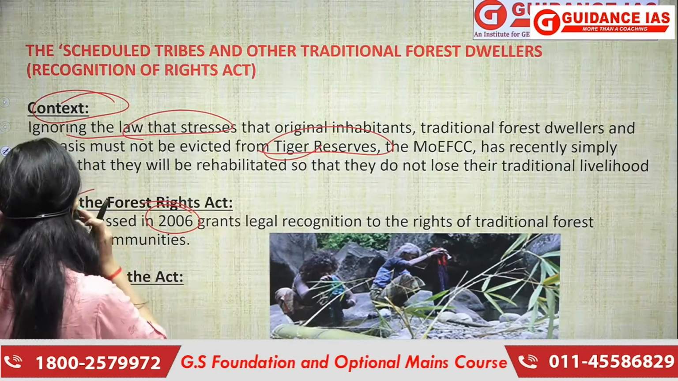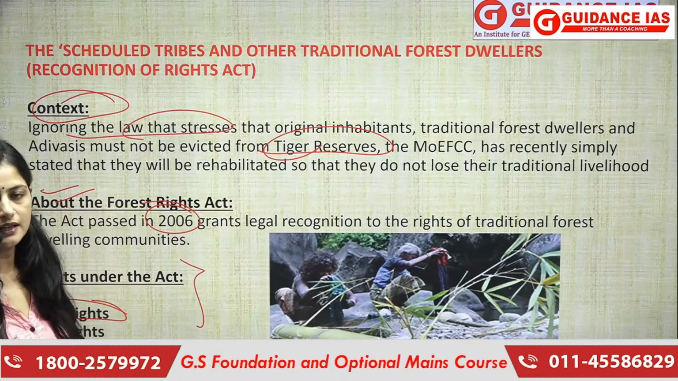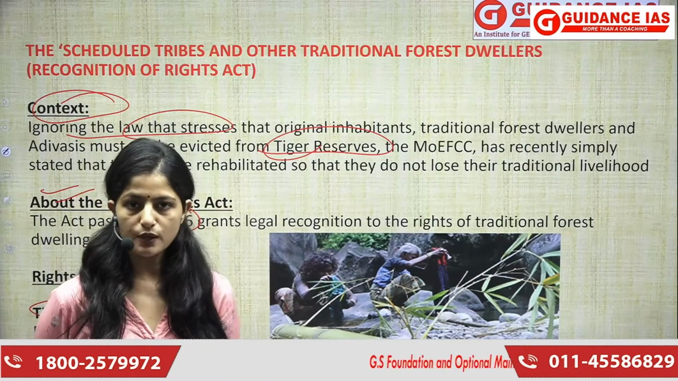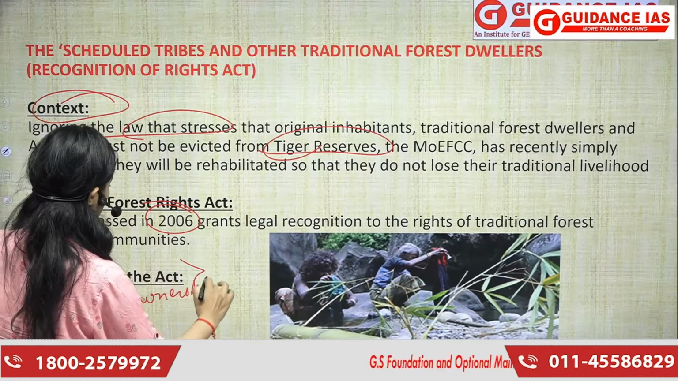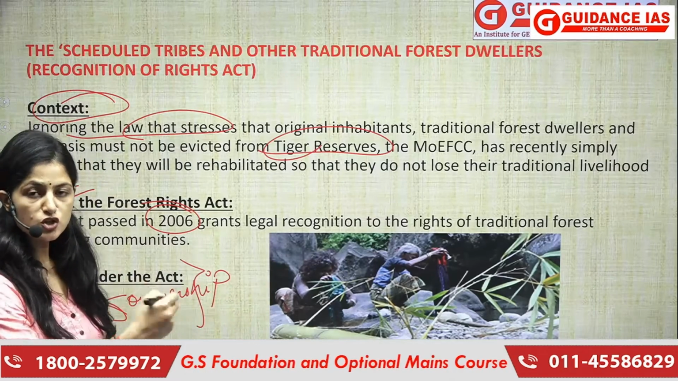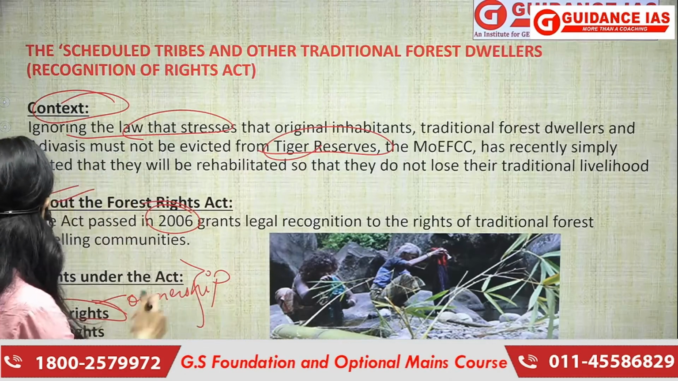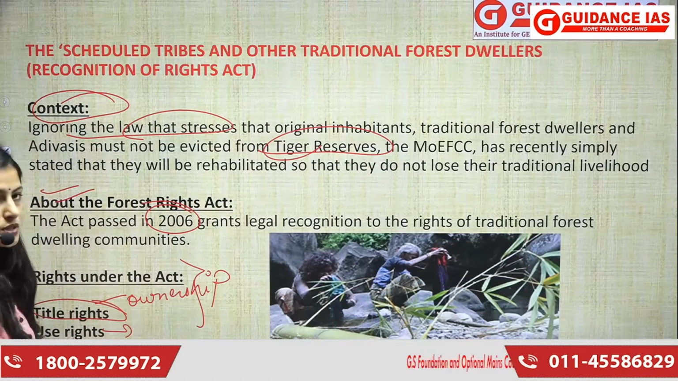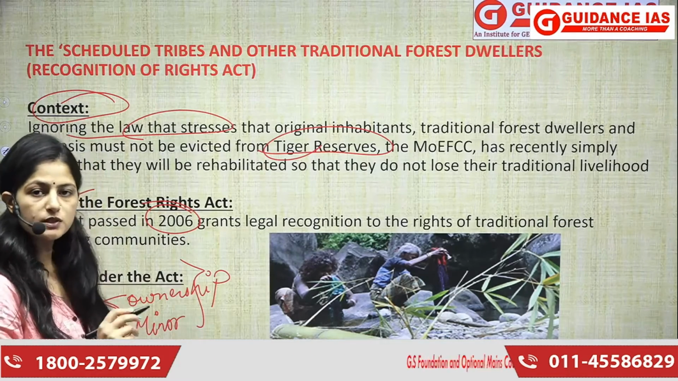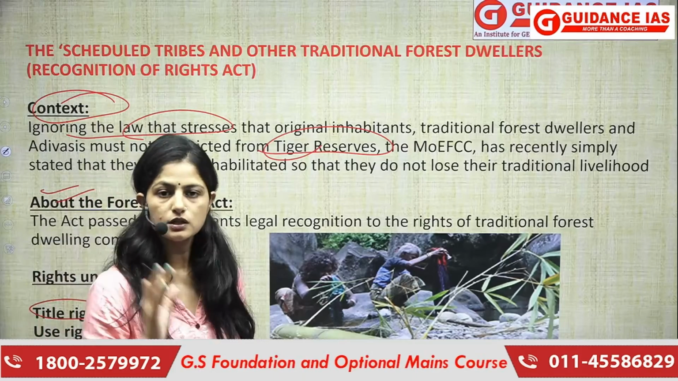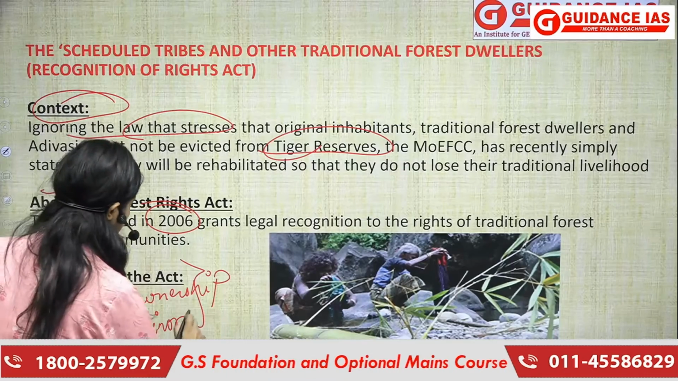Okay. Apart from this, there are certain things which were included in the act, like for example, first was title right. Title right is the ownership right. Right? What is title right? Title right is the ownership right, giving ownership right to the tribals or to the farmers which cultivate that particular land. तो उन्हीं को वो ownership rights भी मिलने चाहिए. Use rights means giving rights to the tribals or to the farmers which has been cultivating that land for years and years altogether. So giving those people the rights to use the minor forest produce